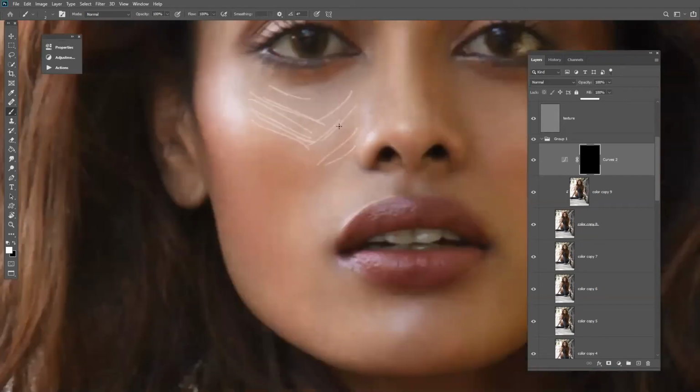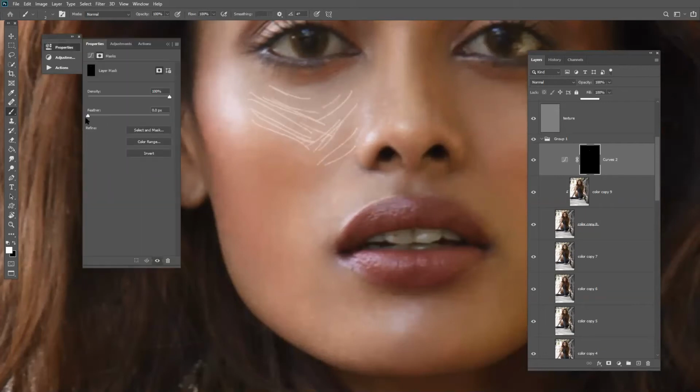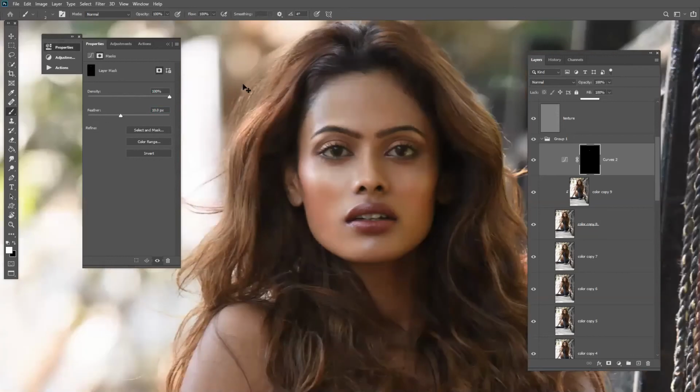Now we have made a line for the dodging. You can go with a rough line. Just increase the smoothness over here so that it gets merged nicely. I think around 10 is good over here. You can see the dimensions coming out now.